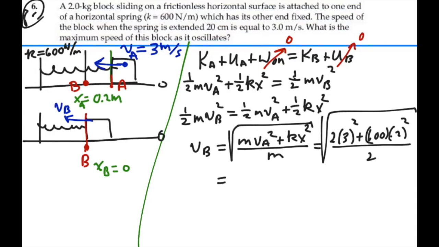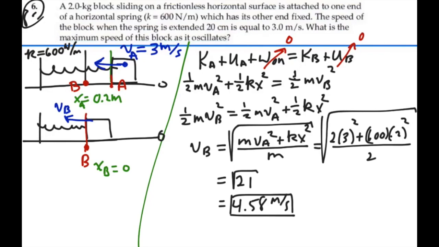And that gives us the square root of 21, or 4.58 meters per second. So that is our velocity at point B, our maximum velocity occurring at the equilibrium point of the spring, 4.58